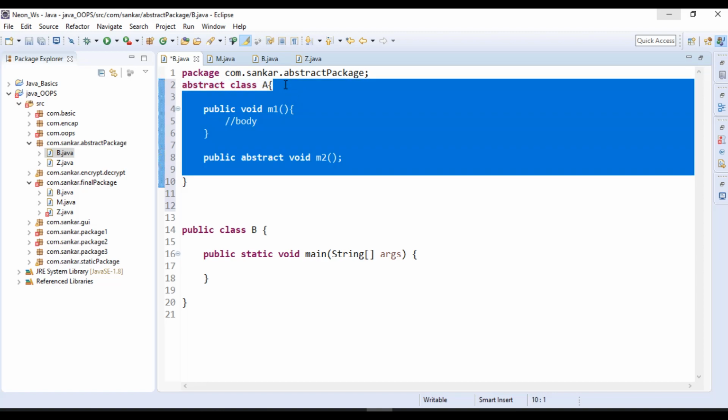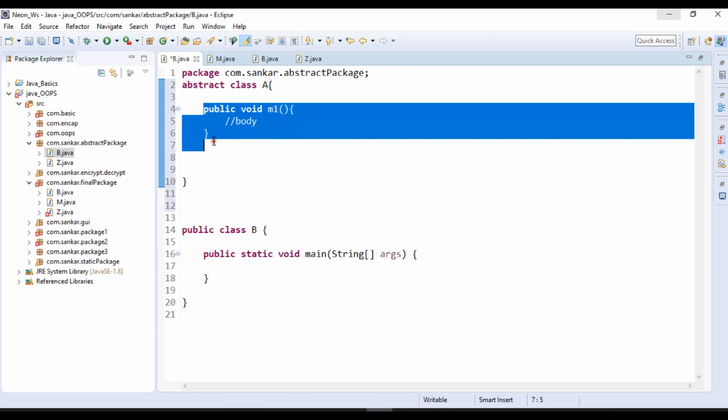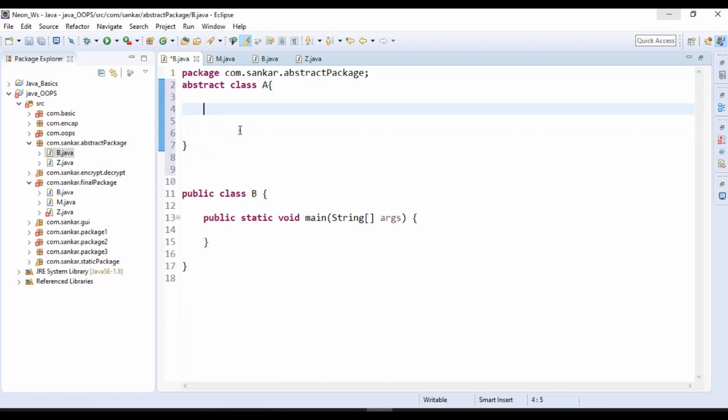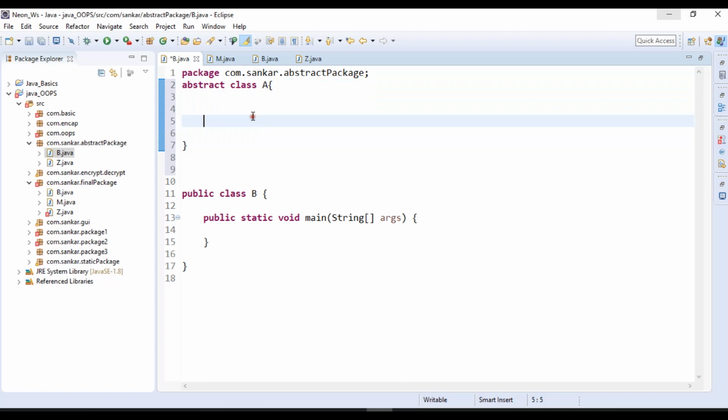That abstract class contains a number of non-static or non-abstract methods along with abstract methods. So if I remove this also, it means our abstract class may or may not contain abstract methods. See, like this is also possible. An abstract class that doesn't contain anything is also possible. See, these are abstract classes. Simply this is the abstract class. Whether it will contain methods or not is not a mandate.